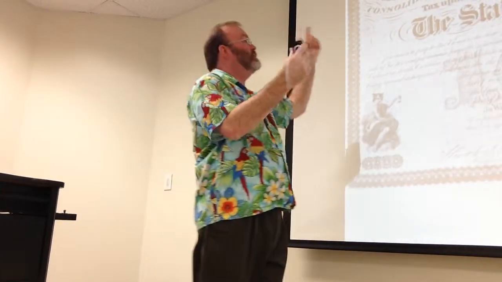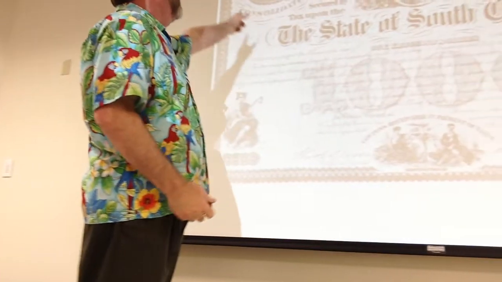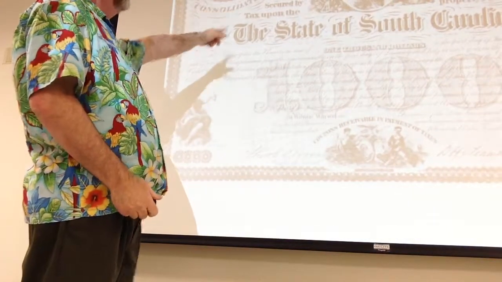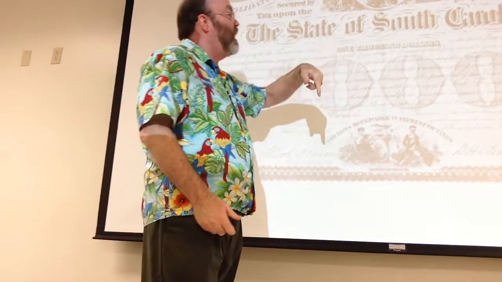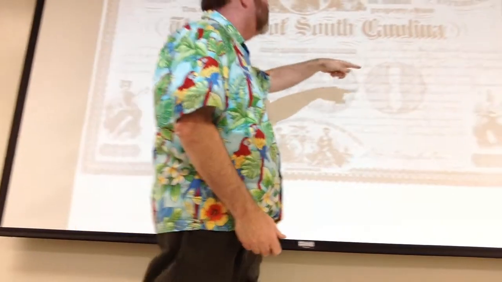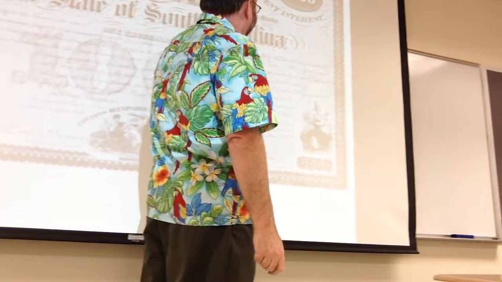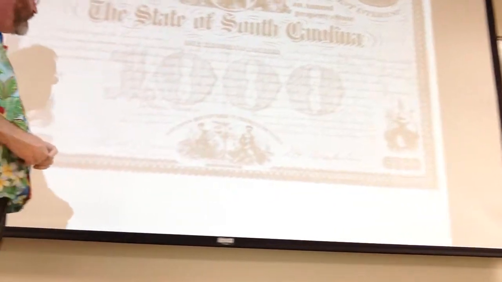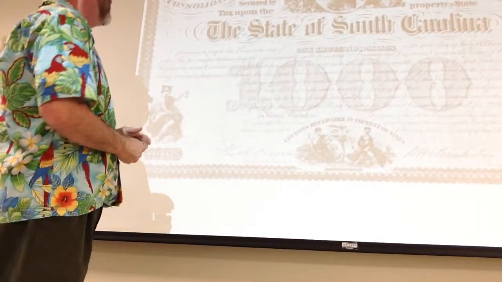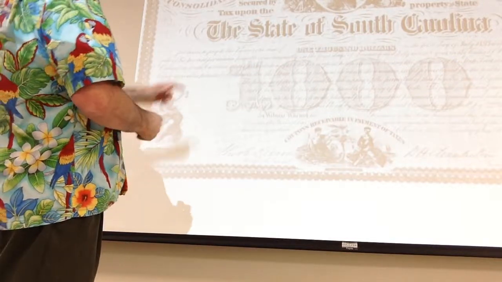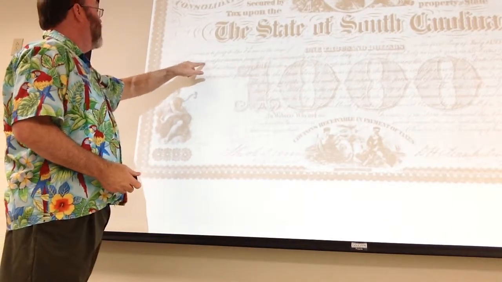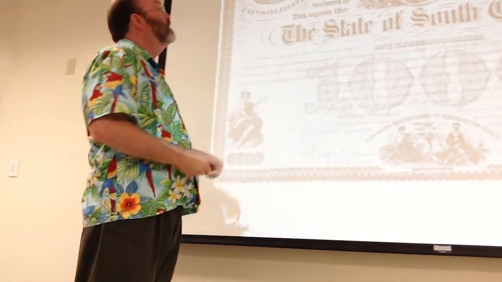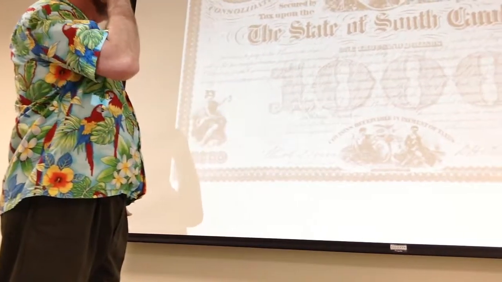All right, so here's a good example, or an example. I don't know how good it is. This is a $1,000 bond. It was issued by the state of South Carolina a long time ago. The maturity date was the 1st of July, 1893. Somewhere on here it says what interest rate it pays, but I can't. Oh, here, 6% per annum is what it says here. And so that's what it looks like.